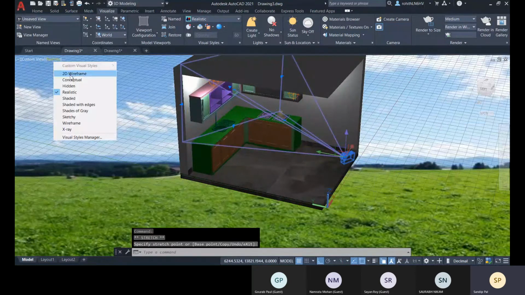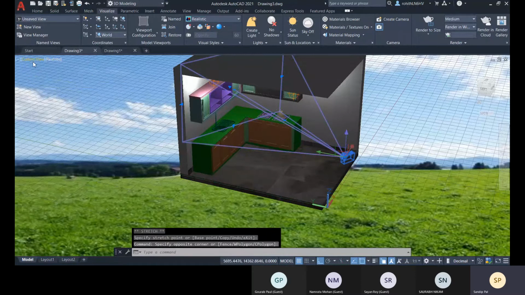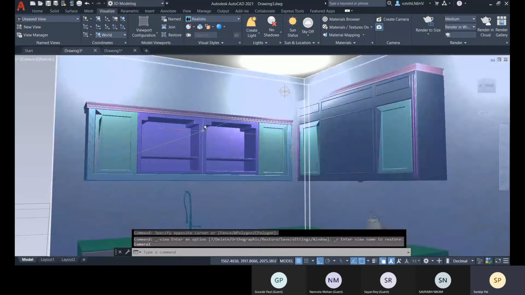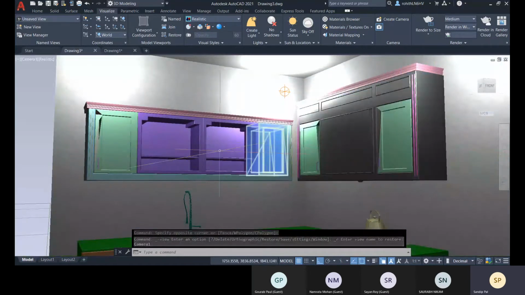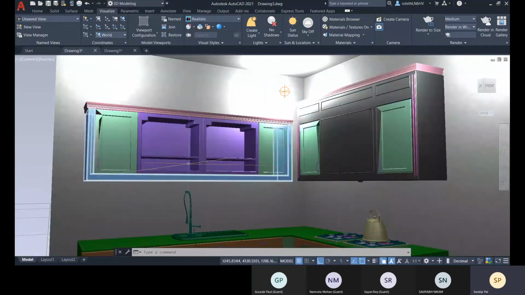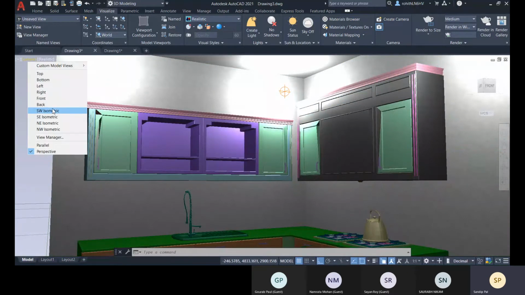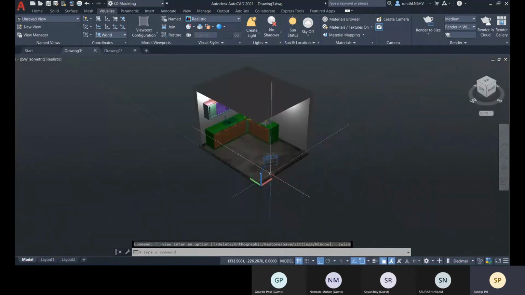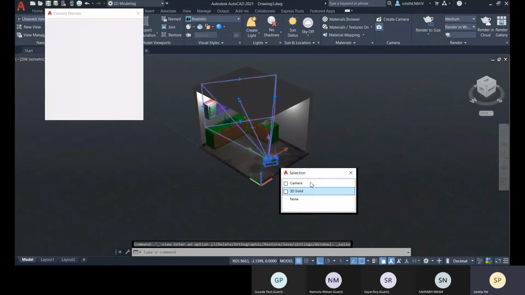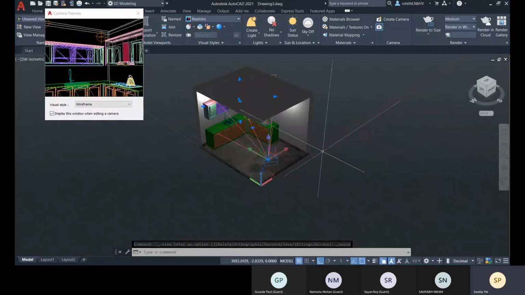So now you can switch it to camera view. For that, go to this view option, custom model views, that is your camera view. Now this is the view you have set. This is the camera view you have set. Okay, so now again come back to your isometric view and if you select, and you can change that